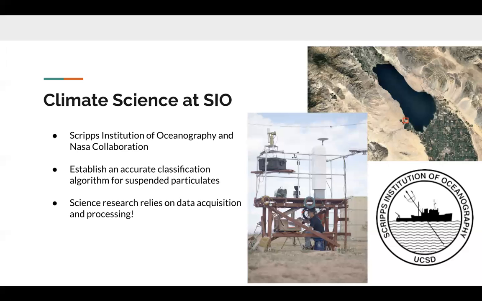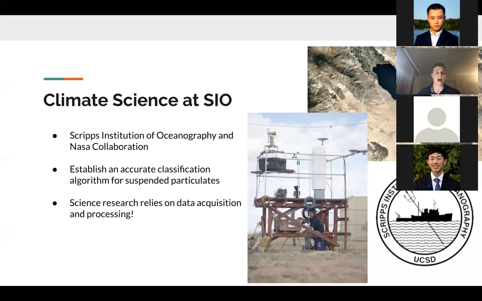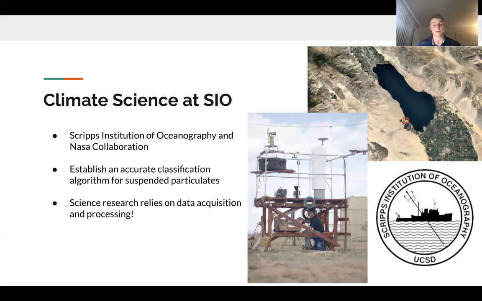You can see in this image a tool called a sun photometer, which wakes up, looks at the sun, and determines how dense the particulates in the atmosphere are, ranging from dust, ash, clouds, etc. What we want to do is establish an accurate classification algorithm for these suspended particles, basically determining whether we have dust or clouds in the atmosphere, because this has huge implications for